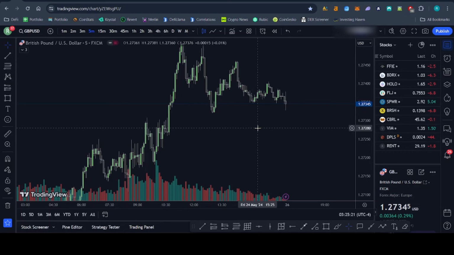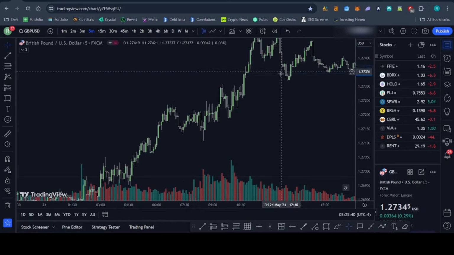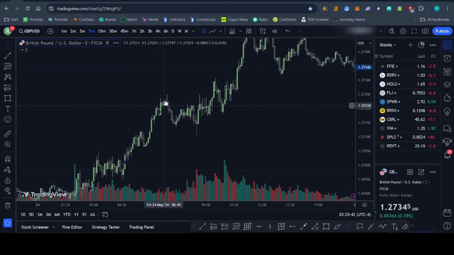So it's always a good idea to know what the higher time frames are doing to get the overall kind of longer-term sentiment of where the price is going. But we know the higher time frame is bullish. It's moving up. So when we come into the 5-minute chart, what we'd be looking for is the same thing: is price making higher highs and higher lows? And obviously it was,